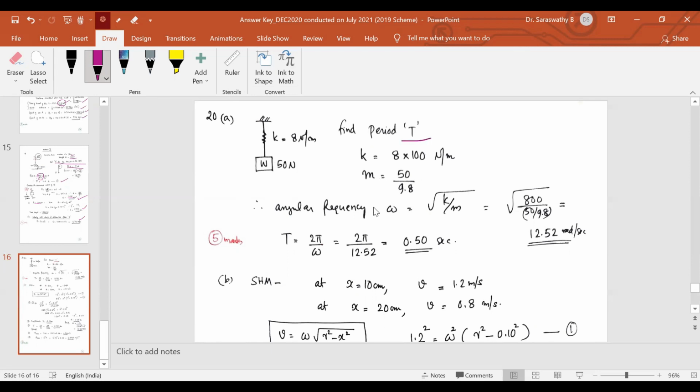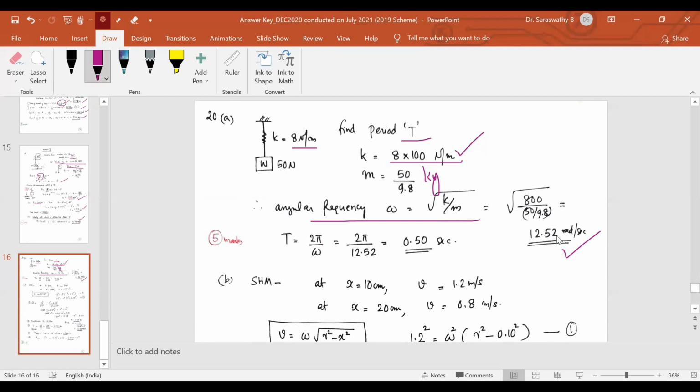So we have the expression for the angular frequency of vibration. This is vertical motion or vibration. Angular frequency of vibration omega is equal to root of k by m. That is the only expression we have to remember. Omega equals root of k by m, where it is very important that k should be substituted in Newton per meter. In the question it is given as Newton per centimeter, so in Newton per meter it means 8 into 100. Weight is 50, so mass is 50 by 9.8 kilogram. So root of k by m, root of 800 by 50 by 9.8, we will get the angular frequency.